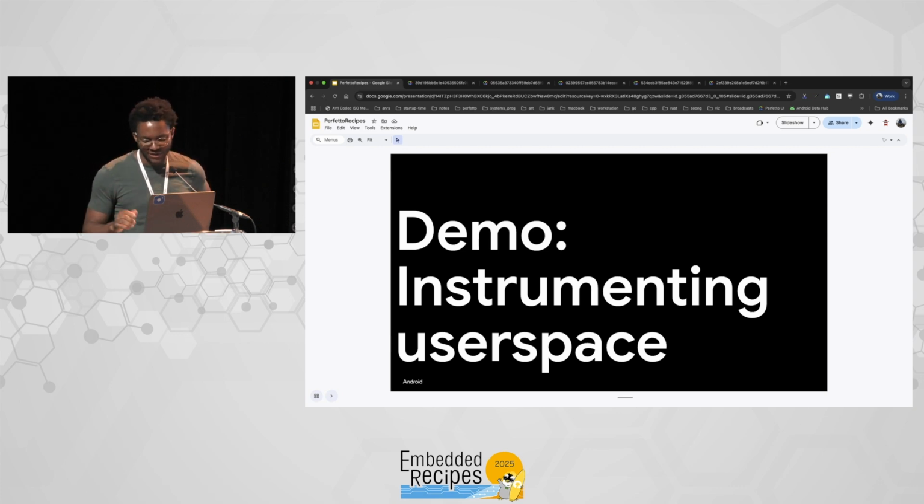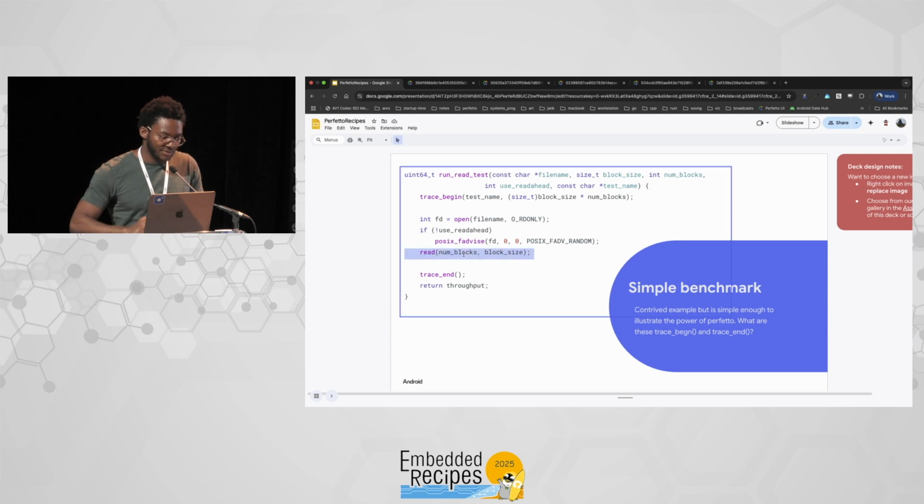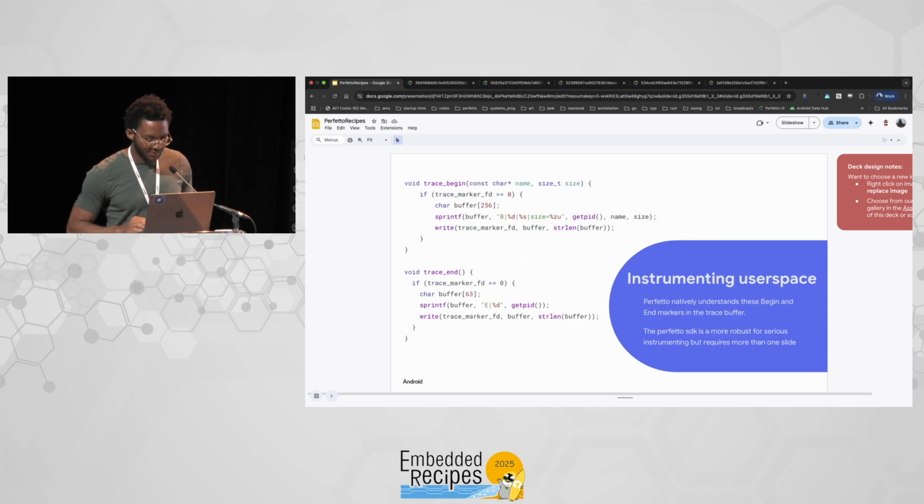So in one case, here is the core of the benchmark. There's a run read test that takes a Boolean, use read ahead or not. If it's not using read ahead, it advises the opened file with fadvise random so that the kernel doesn't use read ahead for it. Otherwise, it just does it. This is the read, a custom read block that just does a linear read, so the kernel will read ahead. If you run the benchmark,